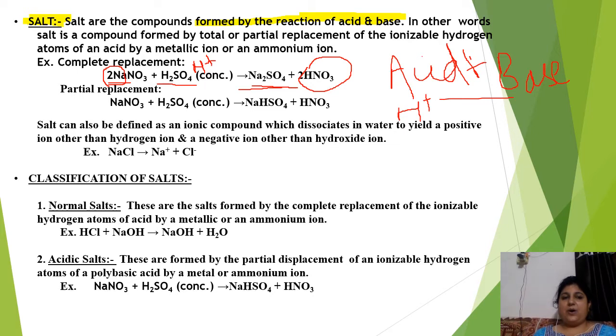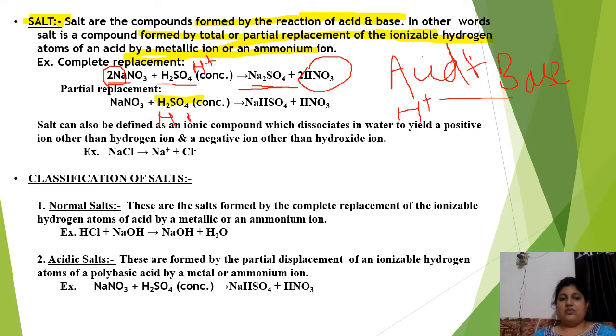So basically, salts are the compounds which are formed by the reaction of acid and base, or we can say it is the compound formed by either total or partial replacement, ठीक है? अब partial replacement of hydrogen atom by any metallic or any ammonium ion. Total तो ये हुआ. In this acid there are two hydrogen atoms and both are replaced by electropositive metal, but over here we can see H2SO4 है यहाँ पे. ठीक है? Only one H ion is replaced.